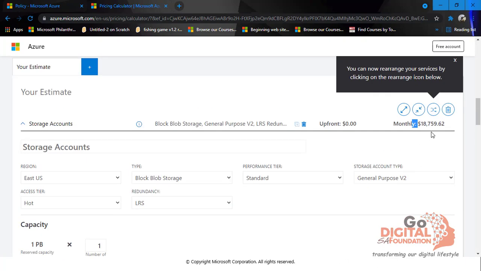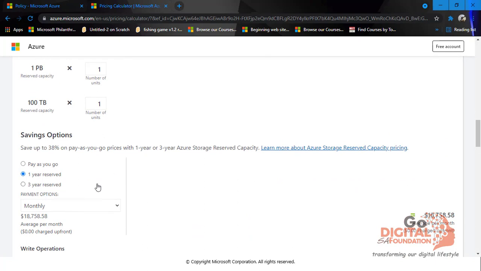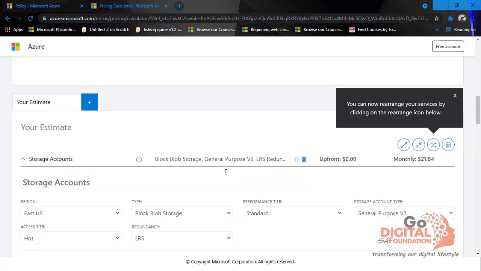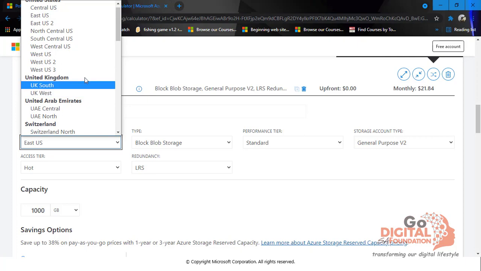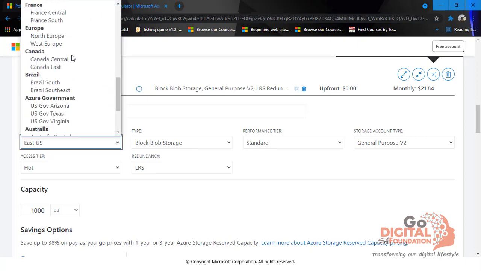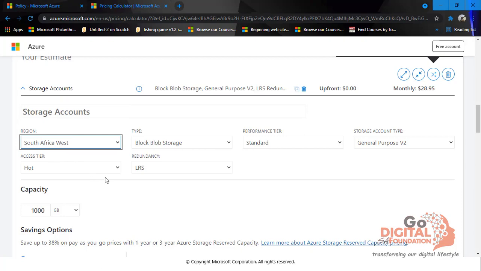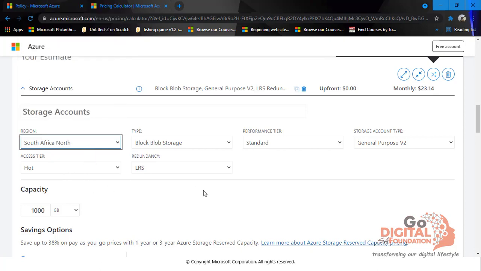That is per month. Wow. Okay, let's just use pay as you go, but they're saying that you are saving up. Okay, it's fine. Maybe that amount we just saw is just for a year, but let's just change the region. Let's put South Africa West. So South Africa West, it's going to be $28. If we use North, it's going to be